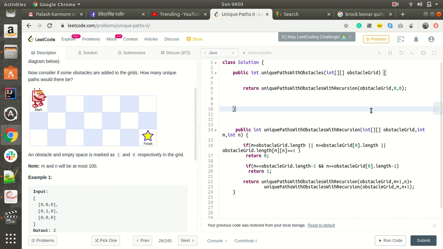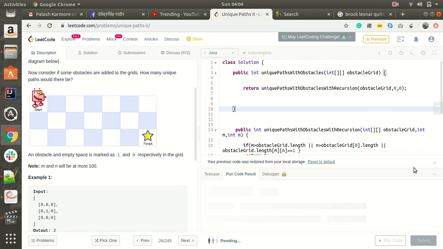Okay, so we called the function with 0 0. If 0 0 becomes 2 and 6 over here, 2 6 representing this, then we reach the destination, and that path will be counted as a 1, and all the possible combinations of the robot going downside or right side will be counted. So let's submit it, let's run it.